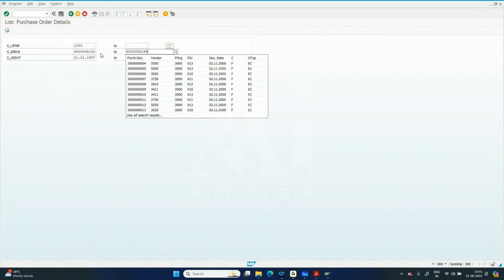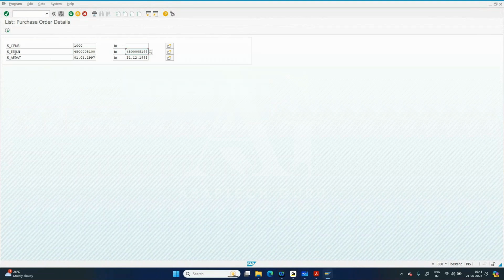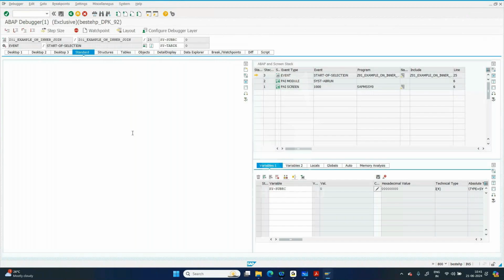In the listener, I'm passing only a single value. In the ABLIN, I'm passing the value as a range, but in the date, I'm not passing anything. I want to show you all the scenarios. If I click on execute,